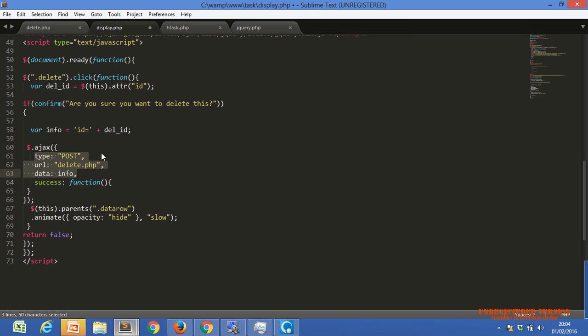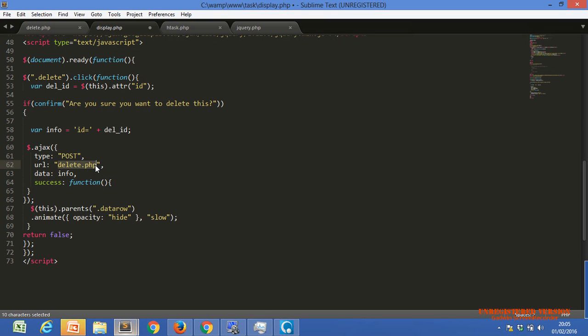We already saw type, URL, and data. Within type, you pass post or get, same as in the form tag, meaning which method you want to use to send the data to the next page.